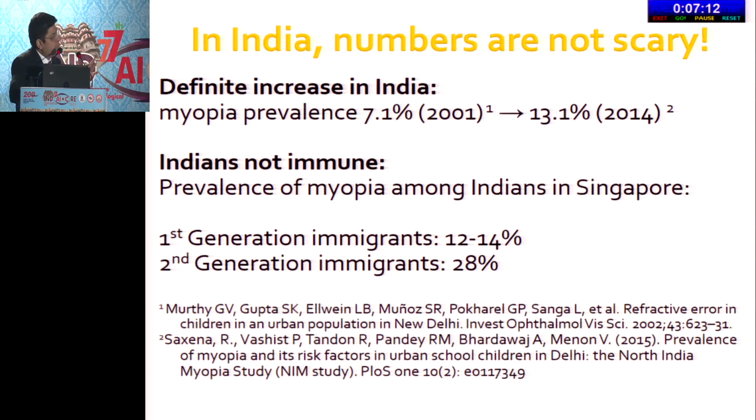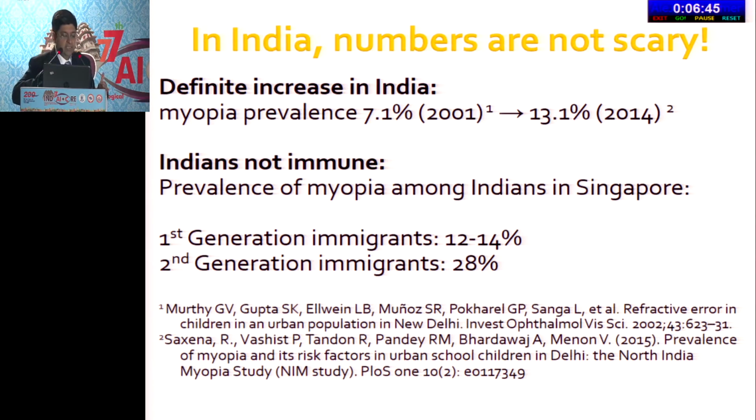The second thing was that in the same place where we had done this survey, almost more than 10 years ago, a similar survey was done by RP Center, and we found a 7.1% prevalence. So you can see that it was nearly a doubling of the prevalence in the same area over about a decade. So two things: it is happening in India,